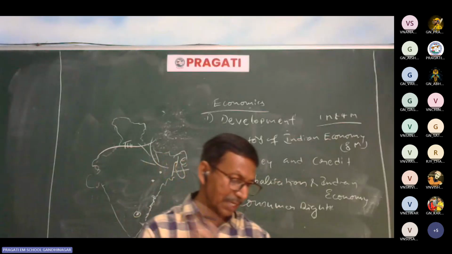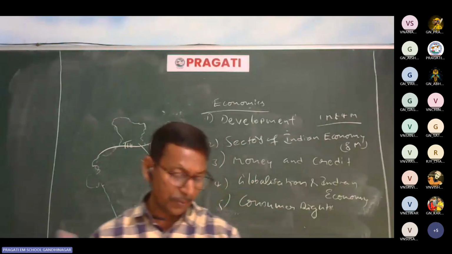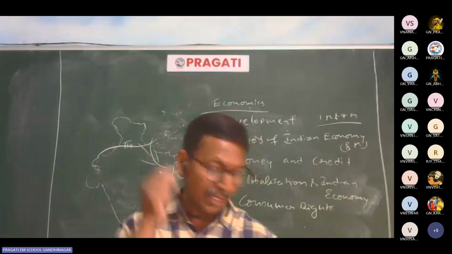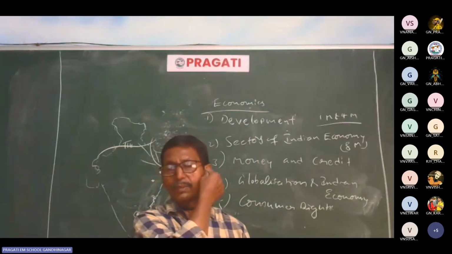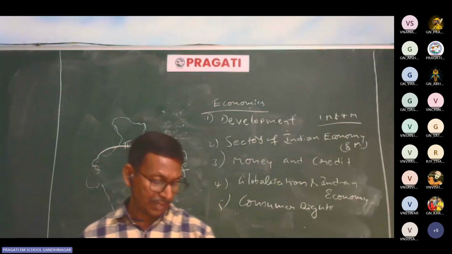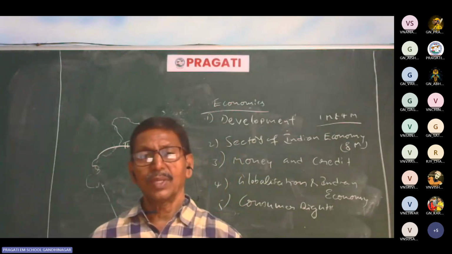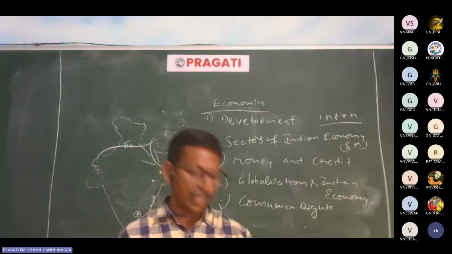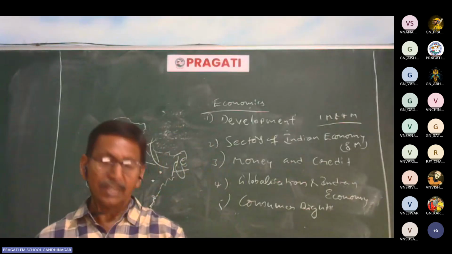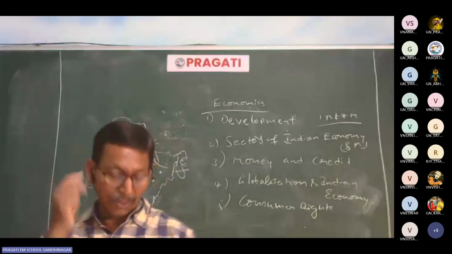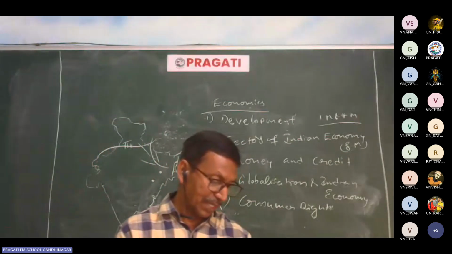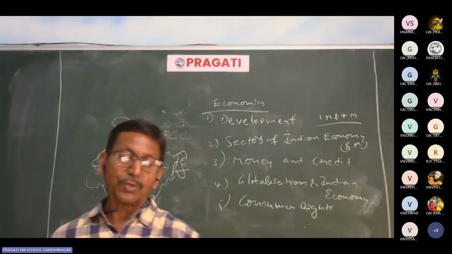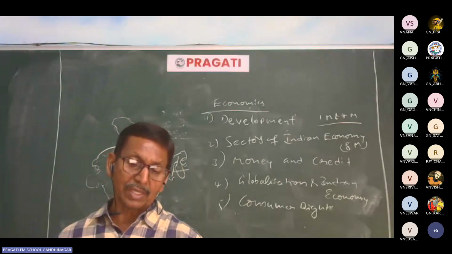Write a short note on the Human Development Report. The Human Development Report is published by UNDP, the United Nations Development Programme. It is better than the World Bank report, because not only economic activities but social indicators are also taken into consideration. UNDP publishes every year how many countries are in the low income group, how many in the middle income group, and how many in the high income group.